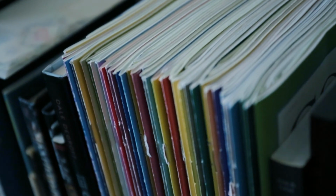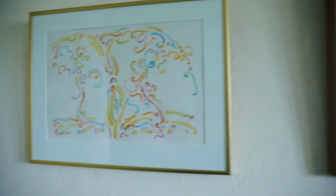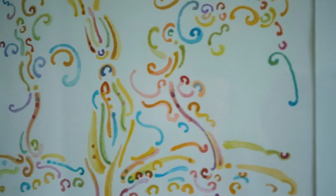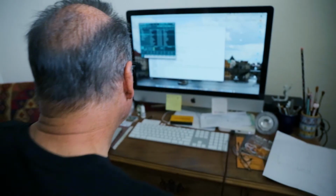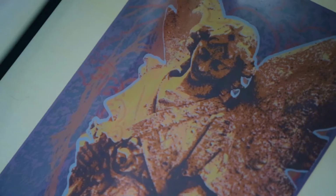This is how I would do them if I started a new game. I would use a lot of these programs. That's really cool. Getting the Kodalith negatives in the Kodalith form, and then exposing silk screens, and then printing them with the ink and all that. I have to have a gas mask on. It was just a lot of work to do that, but it was really fun